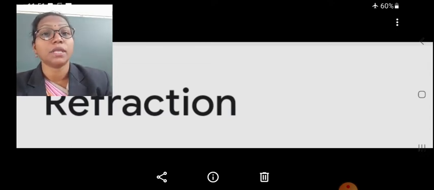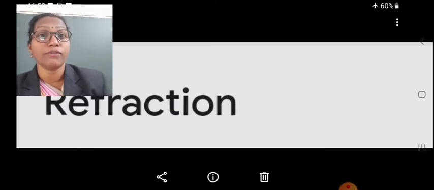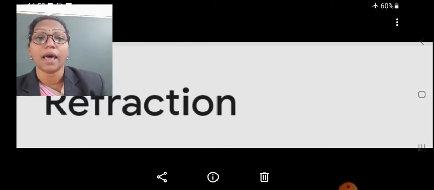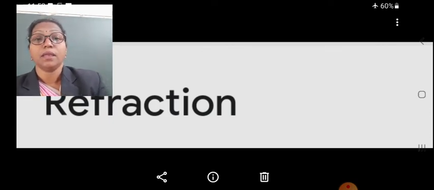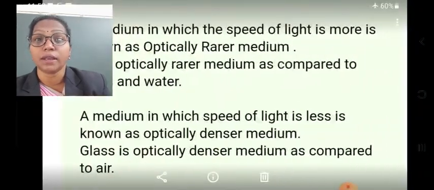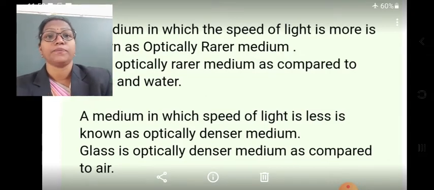Through them also the light can travel, but when we consider the process of refraction, we take three mediums. They are glass, air and water. And according to the nature of these mediums, they are defined as denser and rarer mediums. What is a dense medium or what is a rarer medium? That we are going to see.